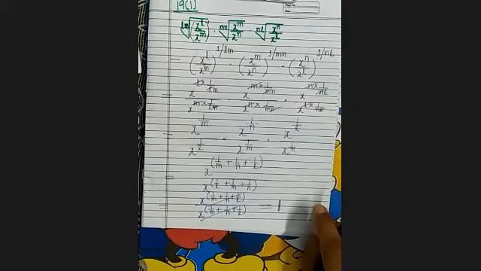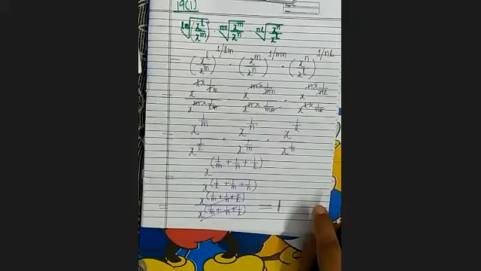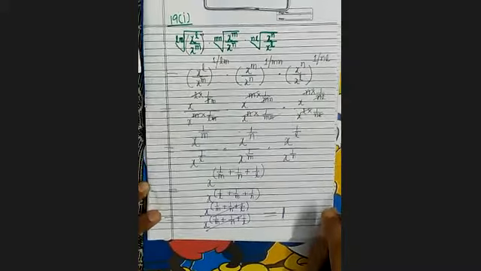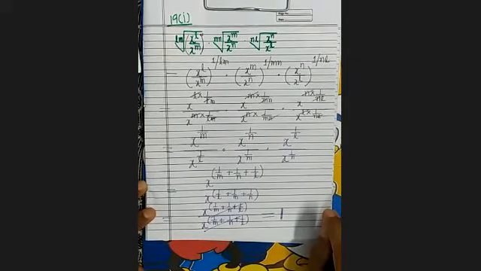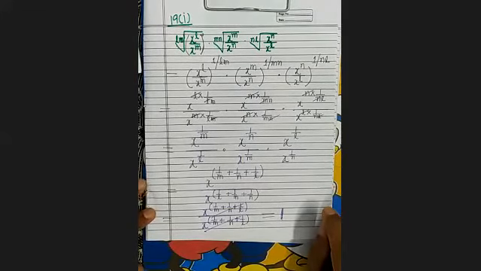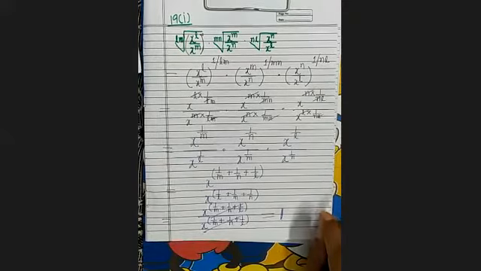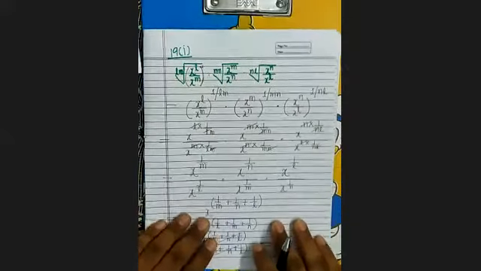So now you can see question number 19, third part. In 19, second part, there will be the formula of a cube minus b cube, while in the third part, the formula of a cube plus b cube will apply. You can see here. So I am going to explain 19 third part. Third and second part both are the same, means similar.